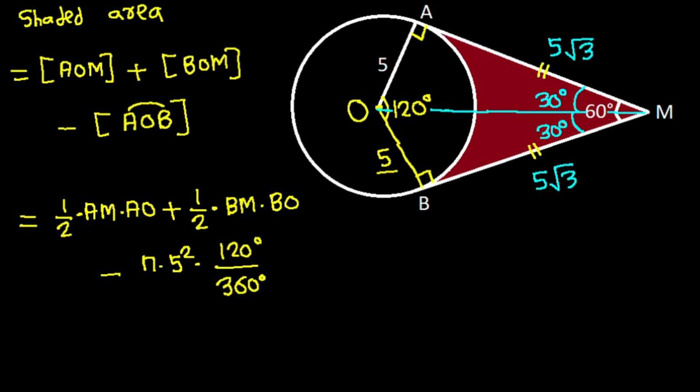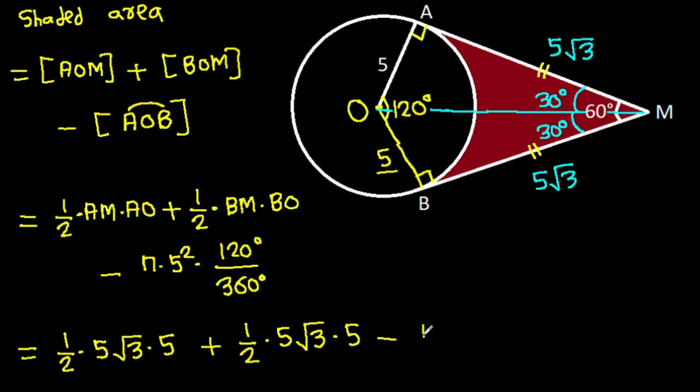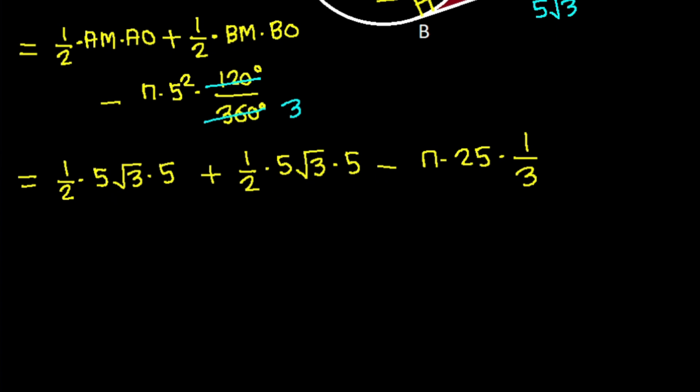and it is equal to 1 over 2 times AM, which is 5 root 3, times AO, which is 5, plus 1 over 2 times BM, which is 5 root 3, times BO, which is 5, minus pi times 25 times, and 120 times 3 is 360. So it is 1 over 3,